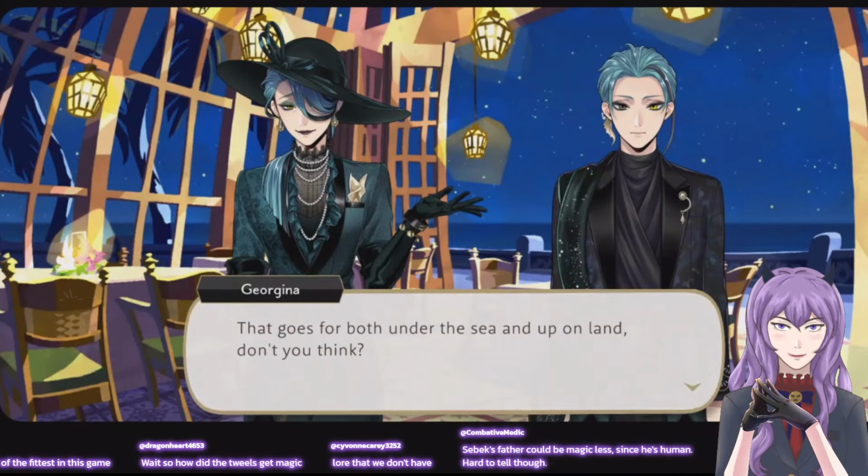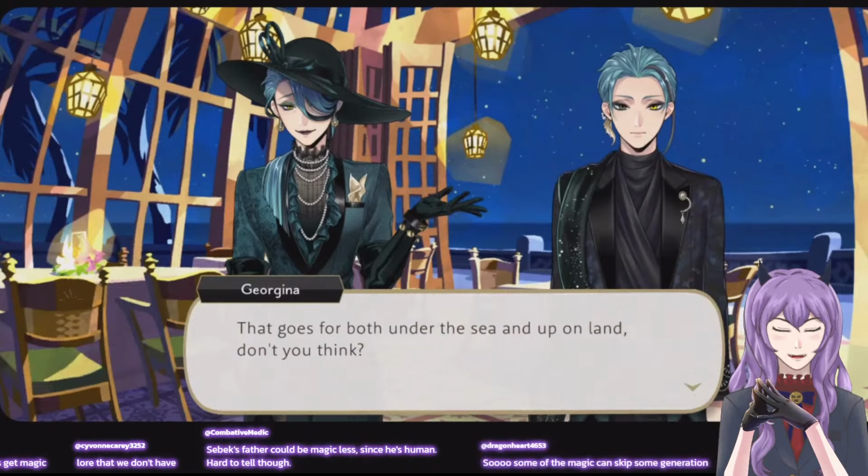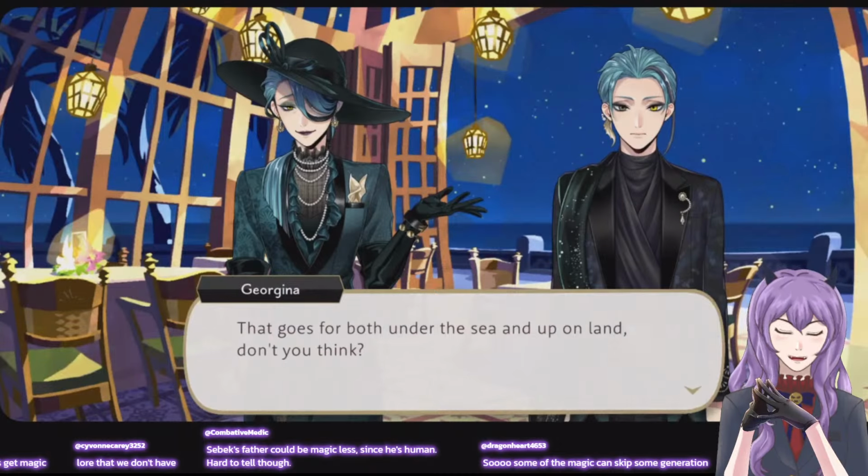Ah, yeah, survival of the fittest. Under the sea and up on land. Sebek's father could be magicless since he's human. True, we're not sure because they never explained if Sebek's father could use magic, but he is definitely like an odd man out in Briar Valley. I want to say he probably is magicless.